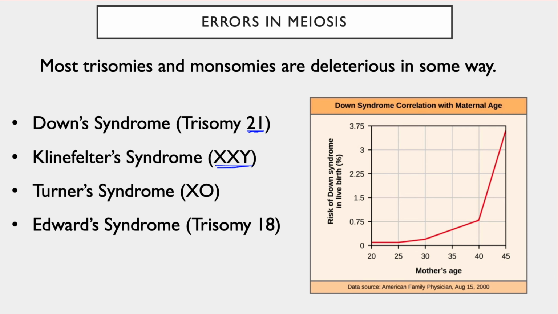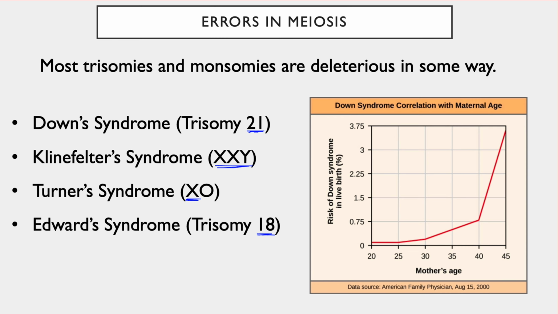We have Turner syndrome, where you only have one X and no other sex chromosomes. We usually put a 0 for that, so you're missing a chromosome here. And then there's Edwards syndrome, where you have 3 copies of chromosome 18. These are just a few examples of